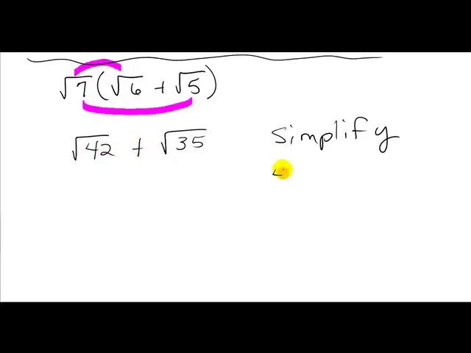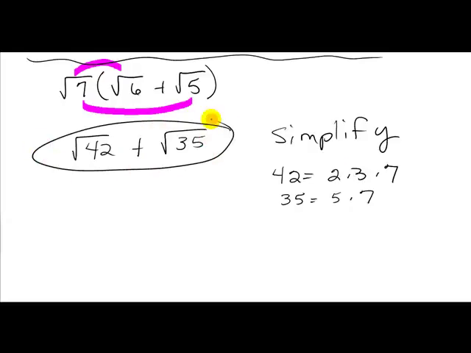So if I look at 42 and its prime factors, 42 is 6 times 7, and so 6 is 2 times 3, and 35 is 5 times 7. And notice there's nothing that I can pull out and simplify these. So that means this is my answer. Lots of times we have a hard time leaving something like this as the answer. But you have to remember